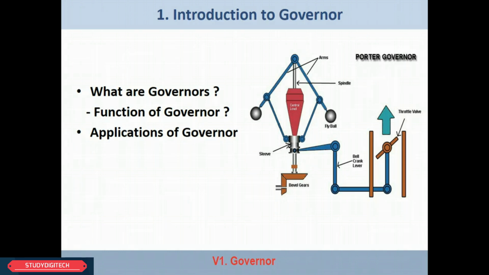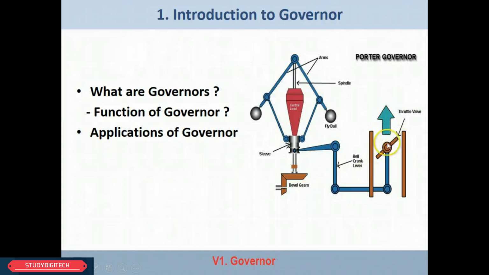The main function of a governor is to regulate or maintain the speed of an engine. We can simply understand the working of a governor. When the load on the engine increases, the speed of that engine will decrease. So the centrifugal force acting on the flyballs will decrease and the sleeve will move down. When the sleeve moves down, the motion from the bell crank lever will be transmitted to the throttle